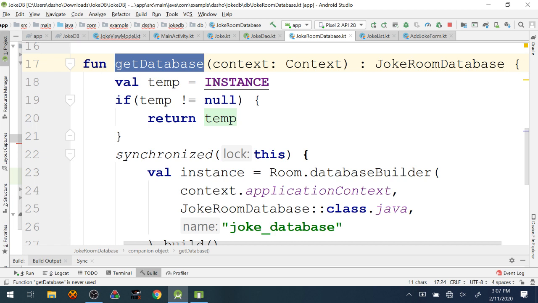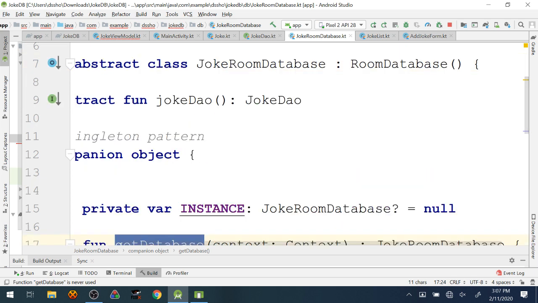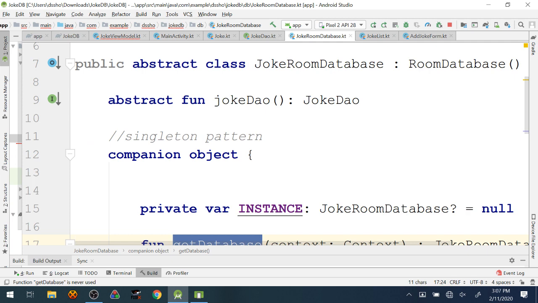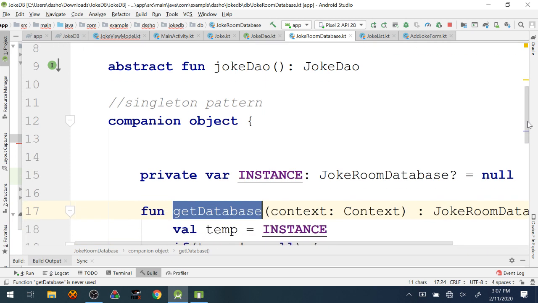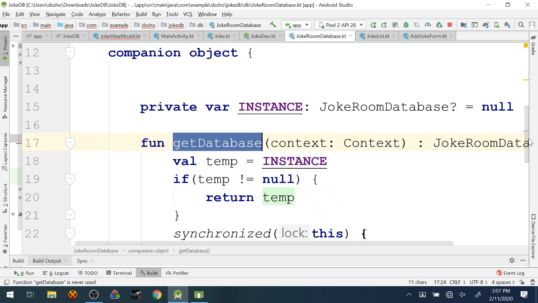But regardless, this class, remember, is abstract, which means that the implementation of this class is actually going to be done by the Room library. And so it's connecting a lot of these wires up behind the scenes. And I kind of have a similar rant that I had last week about the Room library. It does a lot of work for you, but you don't get to see a lot of that work, right? And that kind of bothers me a little bit. You just sort of have to cross your fingers and trust that it knows what it's doing.